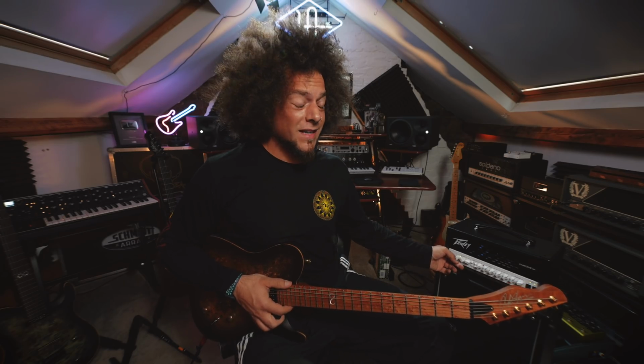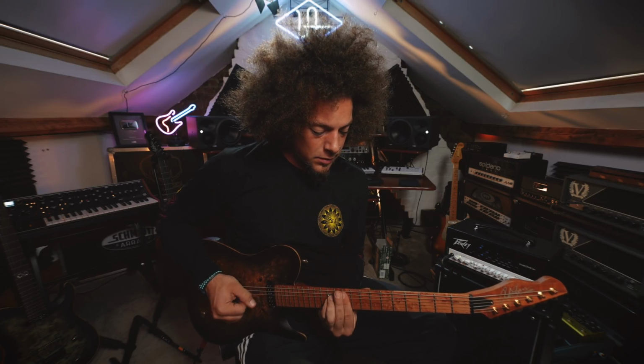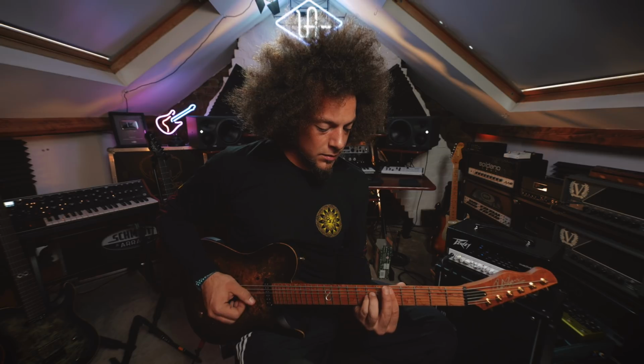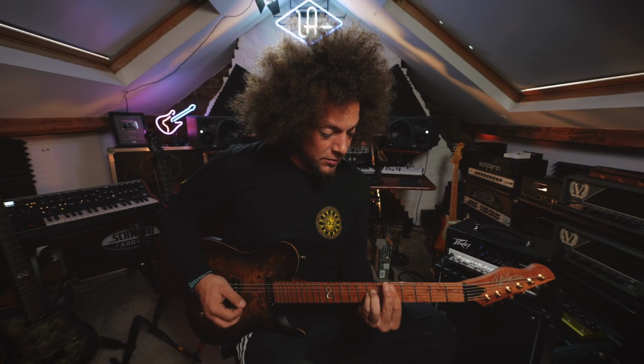Even with a high output humbucker like that and the gain at halfway, it sounds really nice. If I back off the gain a bit, we start to lose that power. So I'm going to put the gain back to halfway, boost the lows a touch. But if I move to one of my split coil tones now,